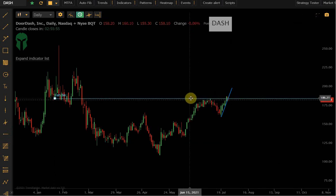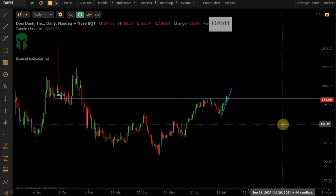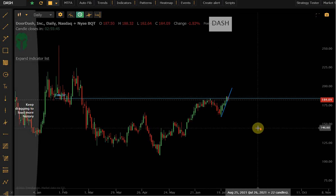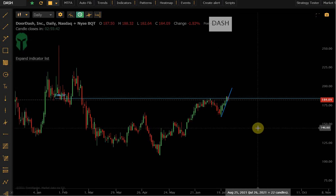Now, I guess you could use that level right here, the top of that hammer. So, I mean, that's your level, 186.32 now. But you really have to get above. If you even are thinking about buying this, you really need to be above 189. If you're not above 189, I wouldn't even get involved. And this is one where